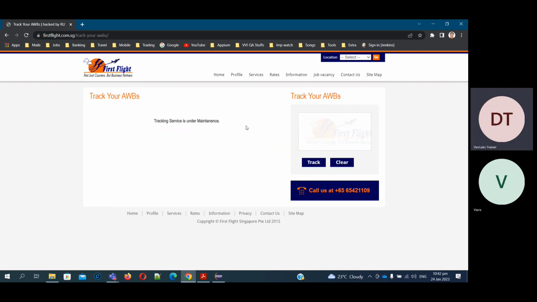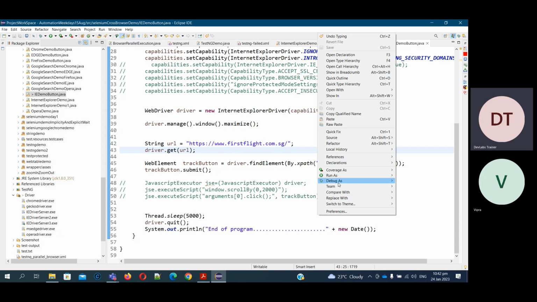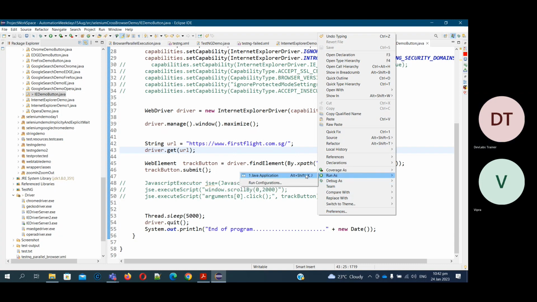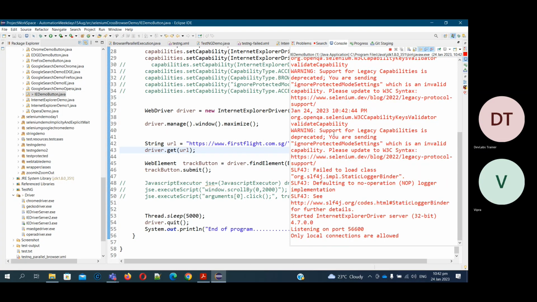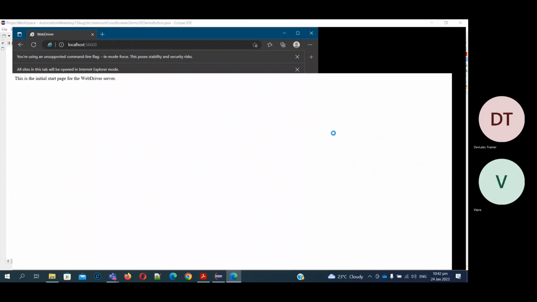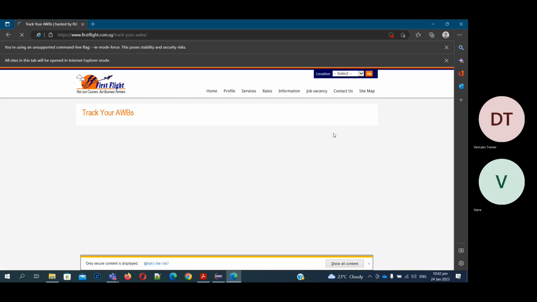You can see here, this page will be open. Tracking service under maintenance or whatever it is, it will show you like that. So just see whether via automation also I am able to get the same screen or not. So I'm just going to run it. You can see it already clicked there, and when it is completed,